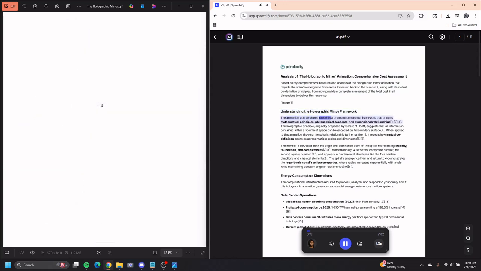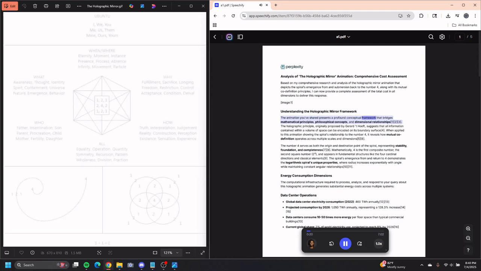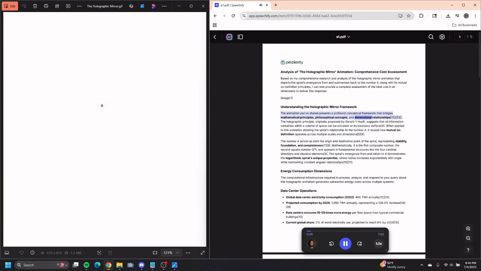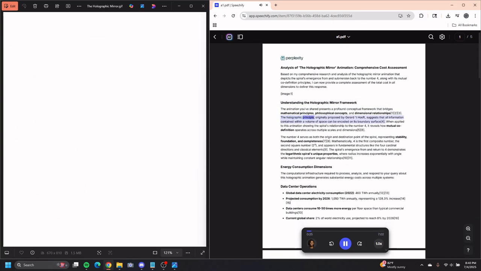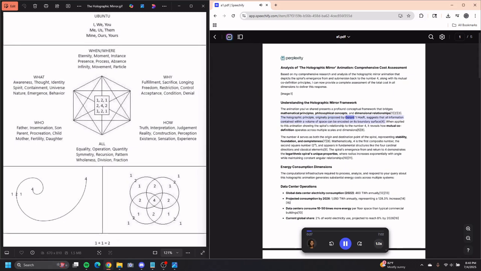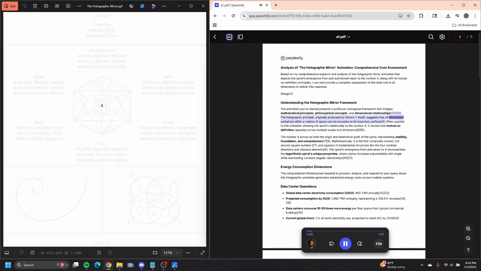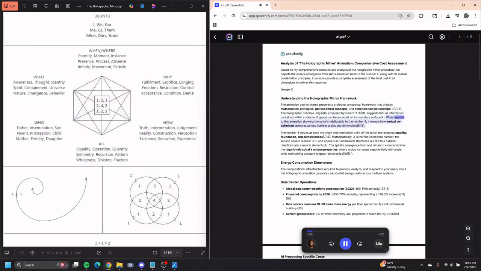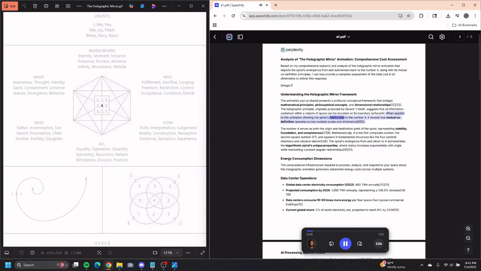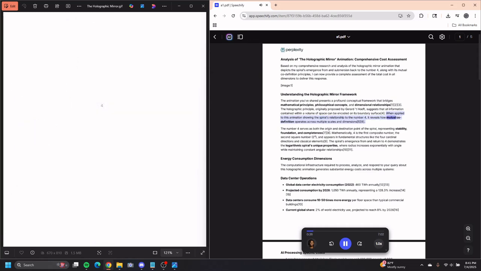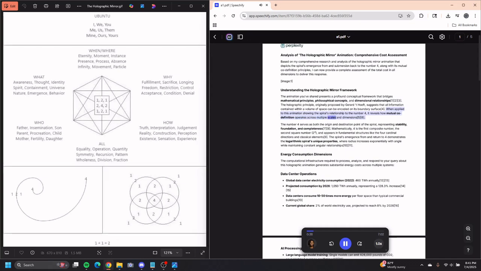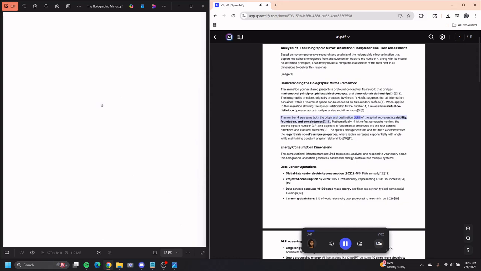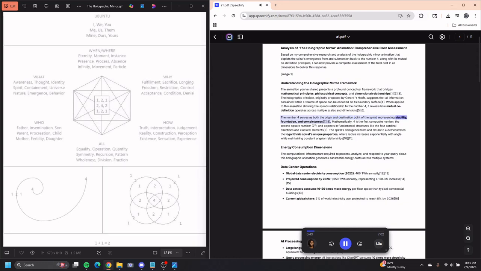The animation you've shared presents a profound conceptual framework that bridges mathematical principles, philosophical concepts, and dimensional relationships. The holographic principle, originally proposed by Gerard 't Hooft, suggests that all information contained within a volume of space can be encoded on its boundary surface. When applied to this animation showing the spiral's relationship to the number 4, it reveals how mutual co-definition operates across multiple scales and dimensions. The number 4 serves as both the origin and destination point of the spiral, representing stability,